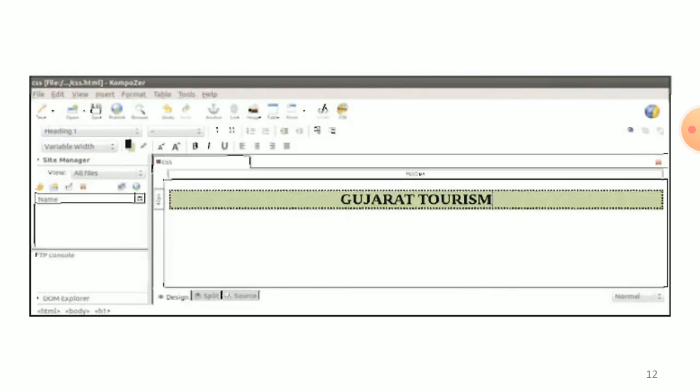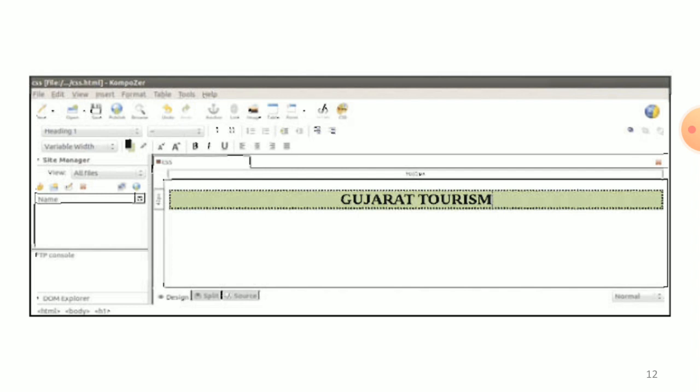Let us now use the CSS created for the h1 tag in a web page. In the Format toolbar, select Heading 1 to insert a heading in the page. When you select the Heading 1 option, your cursor will automatically be placed in the center of the web page, and type some text. The text will appear in uppercase with font style Times New Roman. So this is a web page that uses Heading 1 text with CSS applied to it.